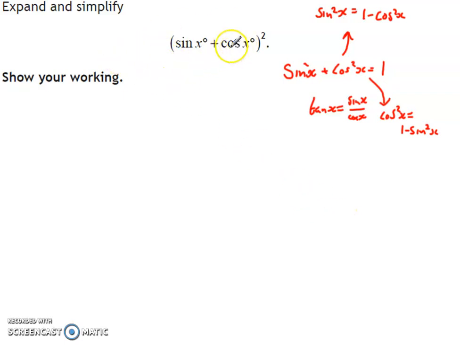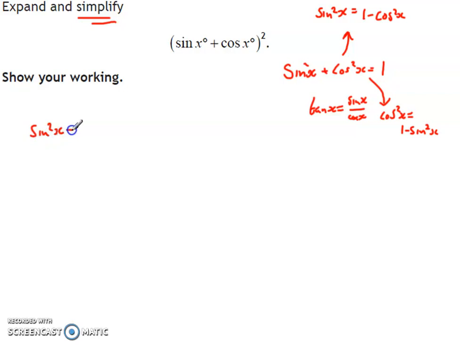Now, if you ever get a question that involves trig like this and it involves the word simplify, what that means is it's going to be a case of using trig identities to make it look a little bit easier. Now, this one wants you to expand and simplify. So first thing you need to do is expand the brackets, then simplify what you've got using some form of trig identity. So if we expand the brackets, sin x plus cos x all squared, that ends up giving you